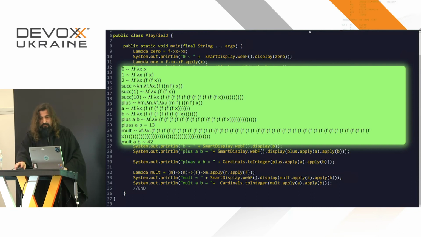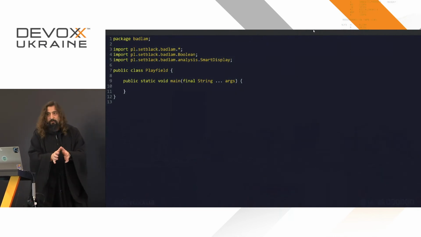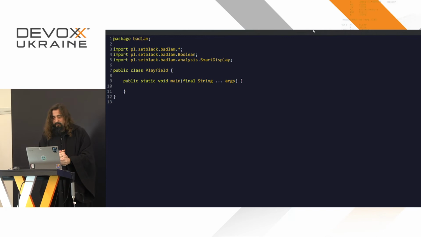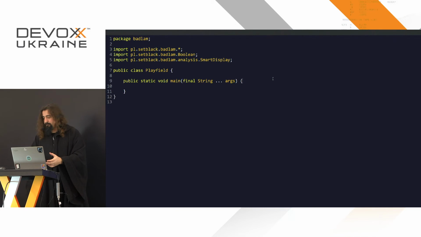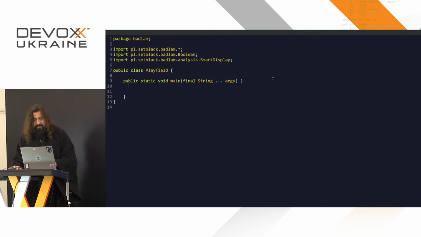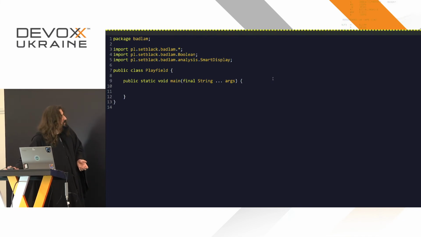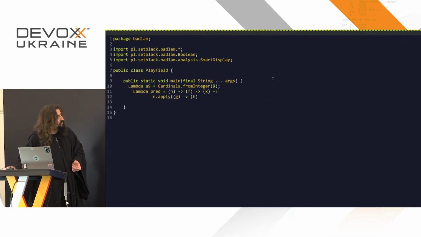Okay? But now comes the question. Can we only do these simple, straightforward things? If you think about it for a moment, there was actually a problem in lambda calculus: how to do subtraction, how to make a step back. And actually there is a funny story behind it. I don't have time to show you, but it was a problem that was solved by, let's say, one of the students, I think, or I don't know if he was really a student or just working together with Church. And that's how we define